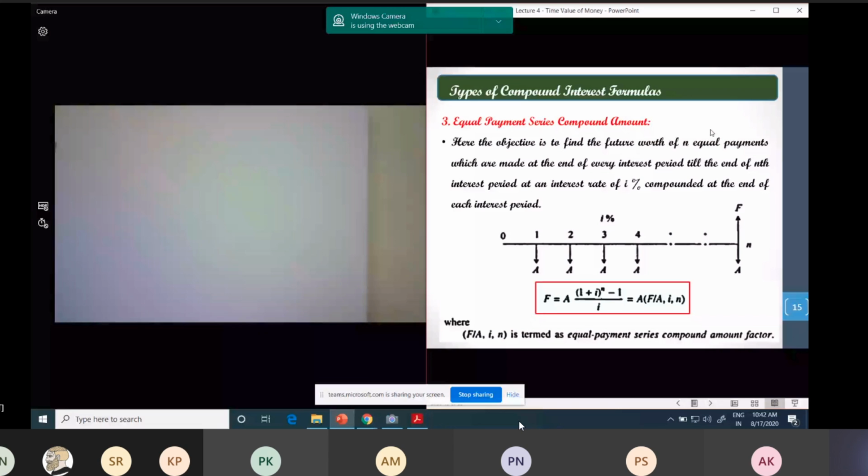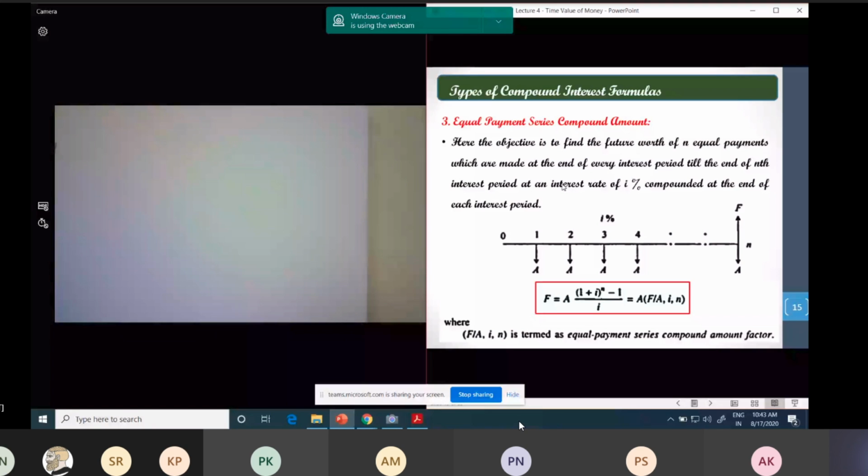Okay, and the interest rate is fixed here, not a floating interest rate. This fixed interest rate is say 7% or 8%. So in that case, I will be using this equation. 17,000 is my deposit, A is nothing but 17,000, times (1 plus i) to the power n minus 1. N is nothing but 10, because I will be doing the deposit from the first year up to year 10, divided by the interest rate, which is 7%. Using this formula, I will get some consolidated future value after 10 years.